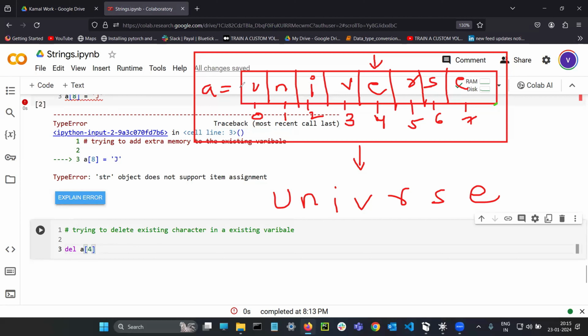I already told you, if you want to touch a character, you need to use the index only, because indexes are the names. You can't call the character directly; only by using the index can you call the character. So as a user, I want to delete this character, and its index is 4. So I want to delete in the variable A the fourth index position, which means the character E. So now see, if I run it,